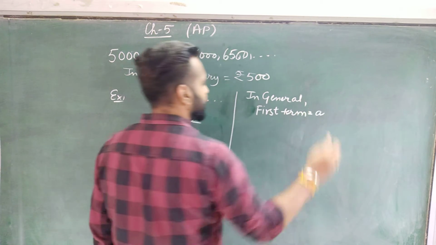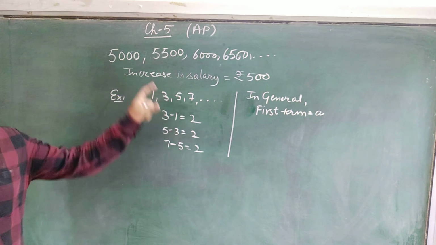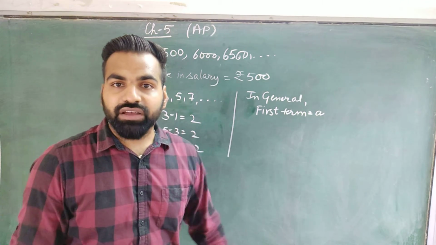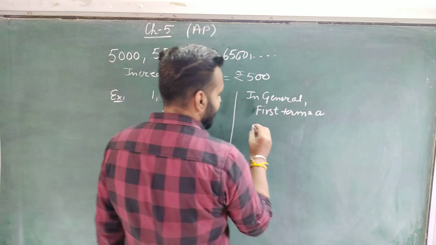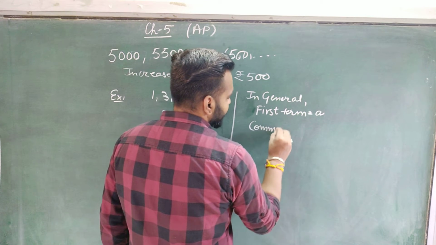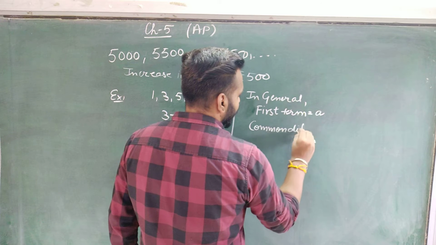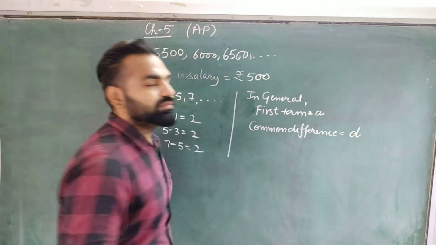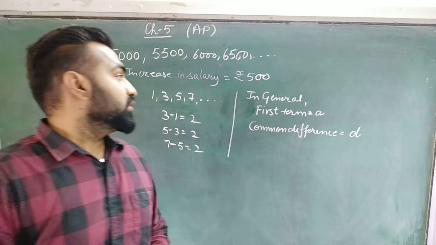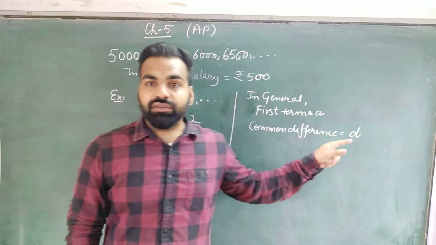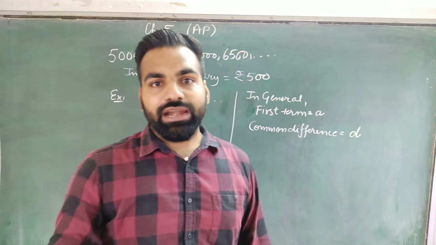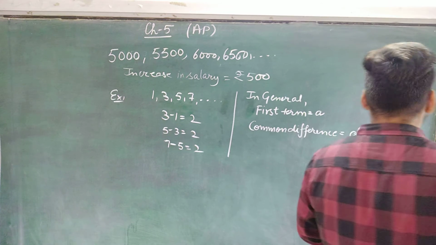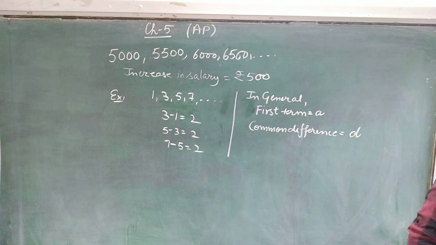So in the general way we write the first term as A. First term is equal to small a. For example, here the first term was 5,000, so the value of a will be 5,000. So the first term is written as a. Whatever the common difference is, it is called d. This is taken as small d. So if we are given the value of a, we can calculate the next term by adding the value of d. Clear, students? So this was all about AP. What is AP?